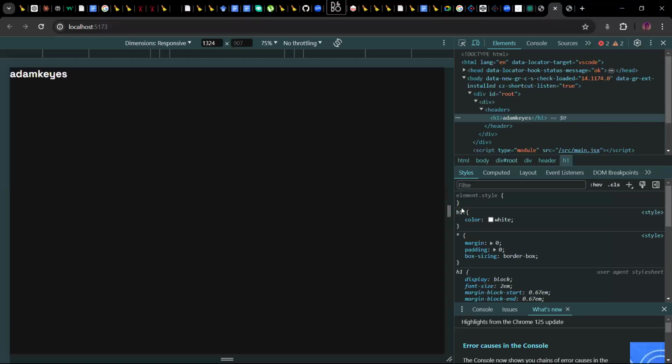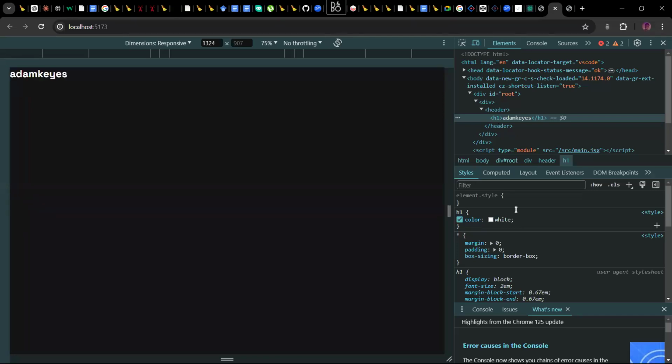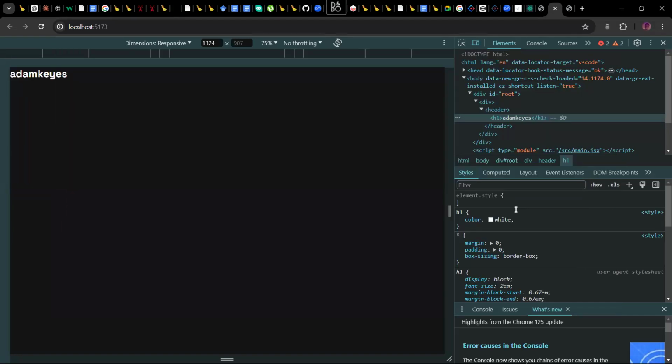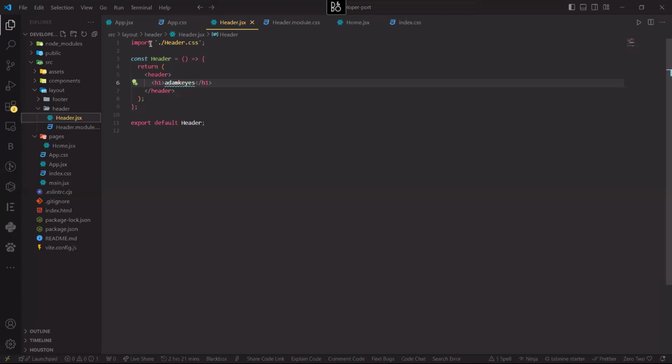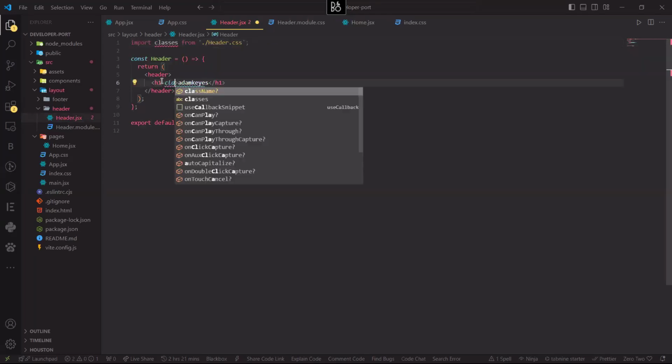You can see that it's just basic H1, then star, and if you check it, there's no class name to it. So what happens is it targets all the H1 and gives them the color white. But to make this module work, we need to change the way we are importing. There are two different ways that I've seen developers use. You can use import classes from this. Now that you've done this, what you need to do here is say your class name is